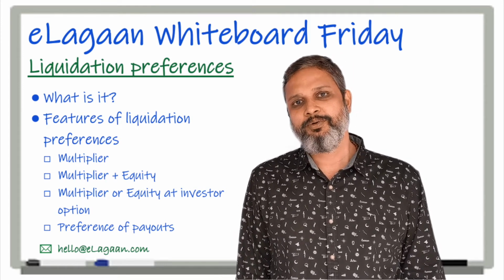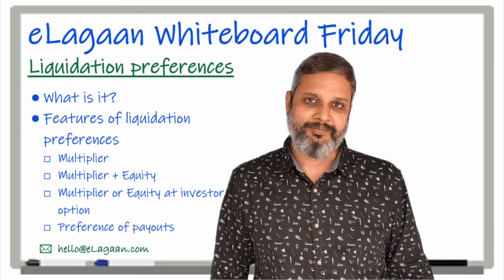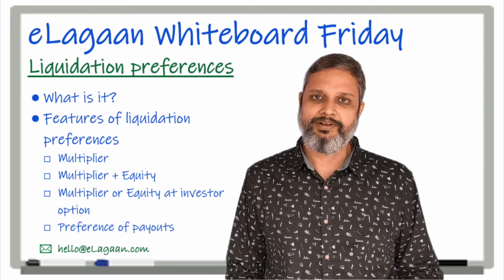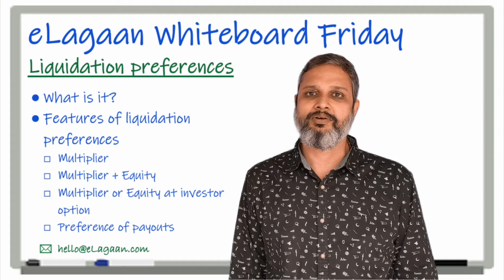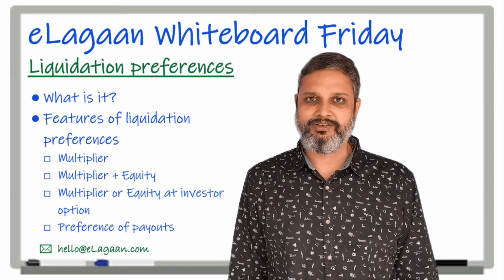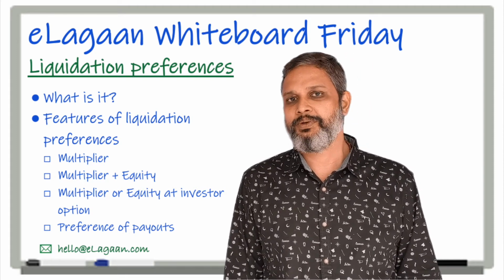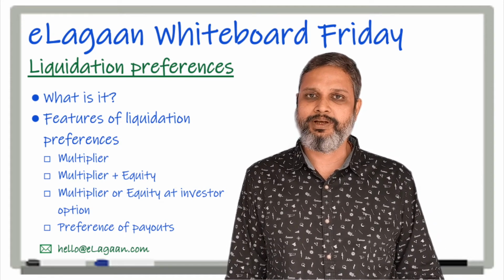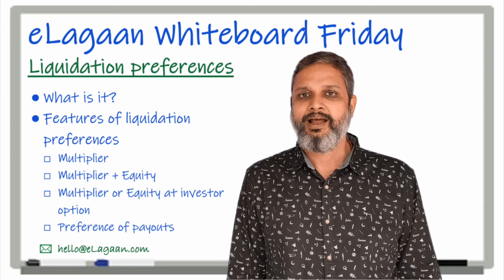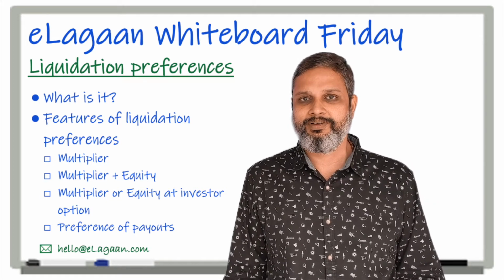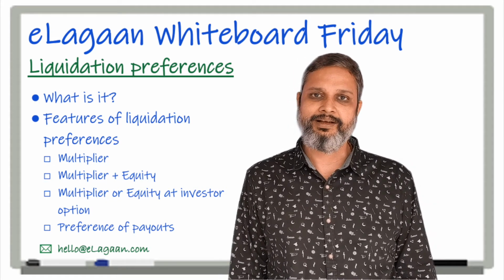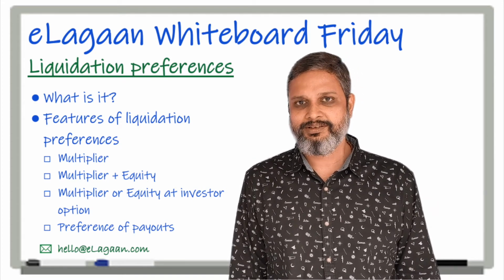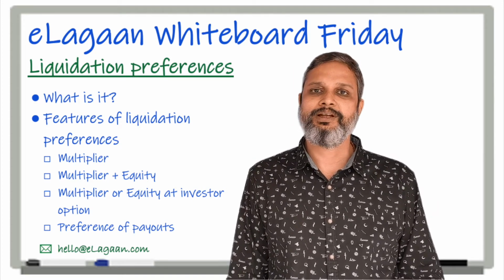The first and foremost thing is the multiplier. Generally in a liquidation preference clause, you would see something called a 1x, 1.25x, 1.5x, or 2x. So suppose an investor has put in about $1 million, and you have agreed to a 1.5x multiplier. Then the investor would get the first $1.5 million to their account before anybody else gets